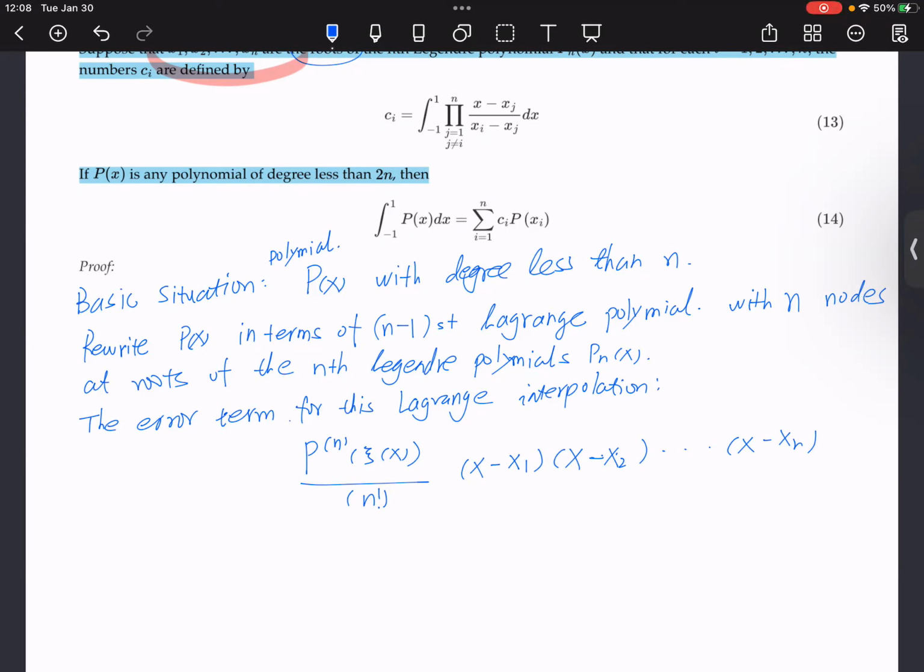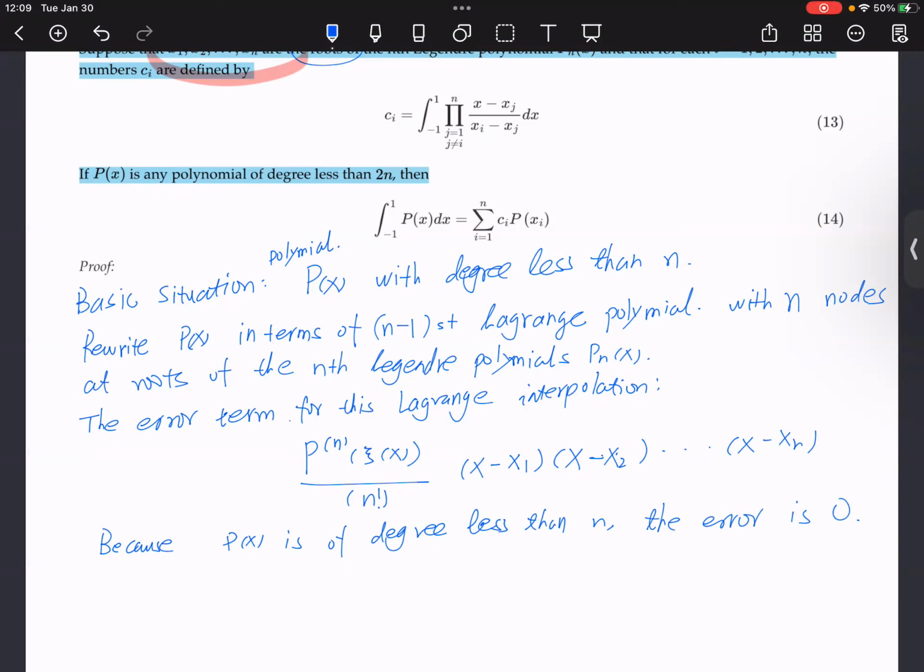But what do we have? We have a polynomial that is of degree less than n, which means that, because the p(x), the polynomial we are considering, is of degree less than n, the error is 0. Does it make sense? Because this is the